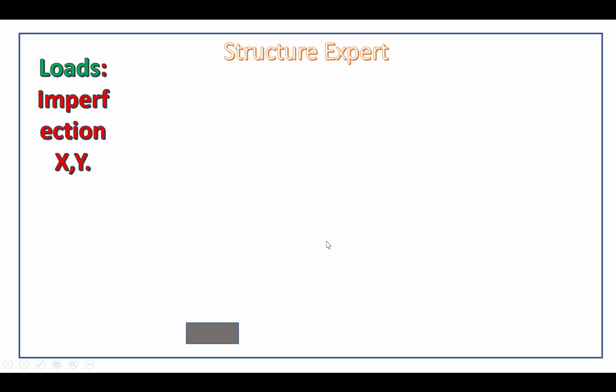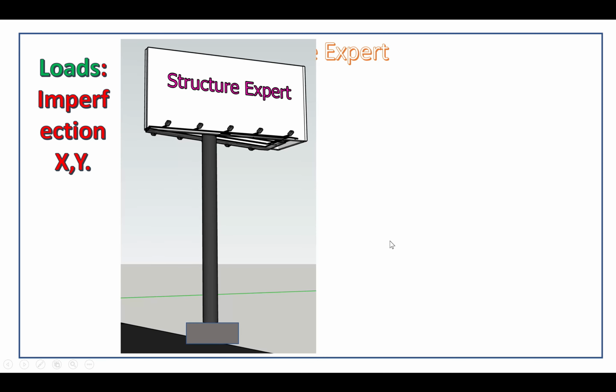And another load, we apply the imperfection in both directions, in X and Y direction. You see here our structure is perfectly straight when you made it in SketchUp, when you made the drawing in AutoCAD, perfectly straight. You can draw it as a straight line, but actually when you install it in the construction site,